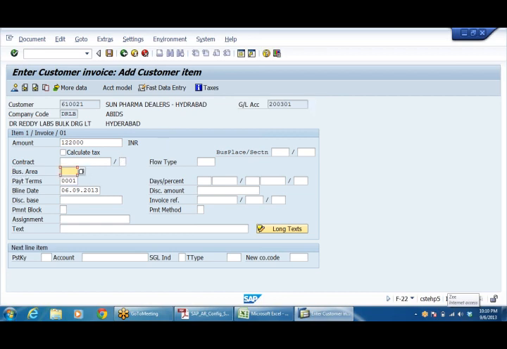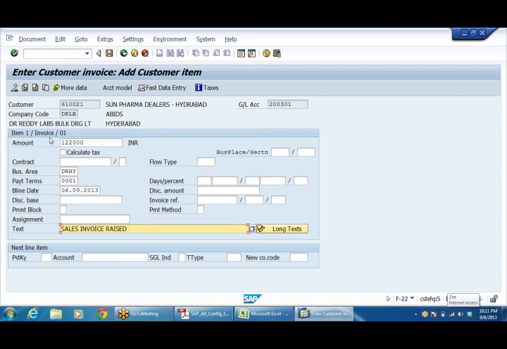For business area, you can take whatever business area you are going to post, say DR HY. Sales means sales to customer only. Sales invoice raised.